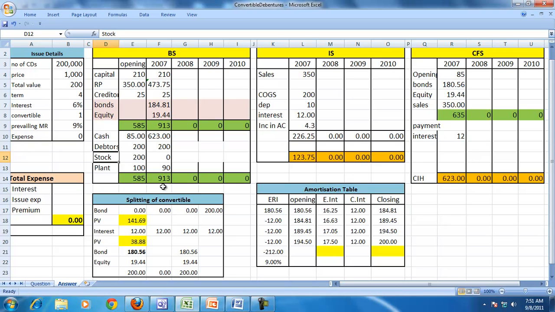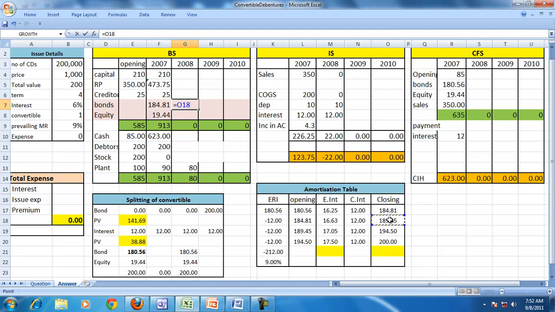So in the second year we continue with the transactions. No sales, no cost of goods sold, only depreciation, interest, and changes in the amortized cost. So the depreciation is 10% on the original cost of 90, and we charge that. As we have already discussed, interest will be 12, and the amortized value of the bond,